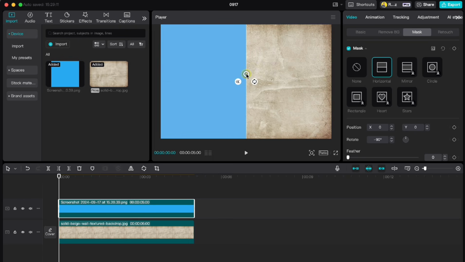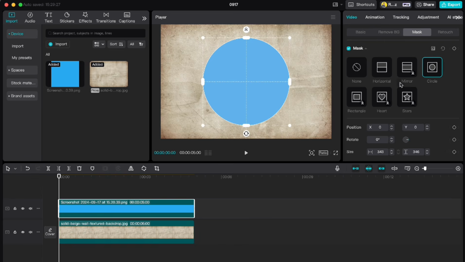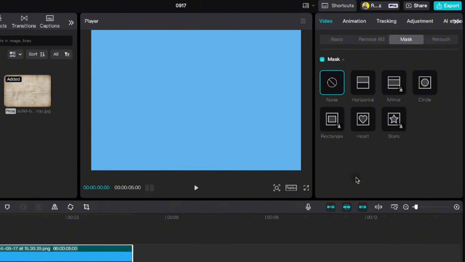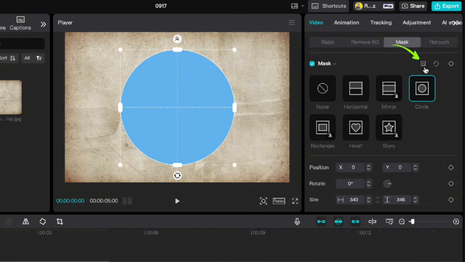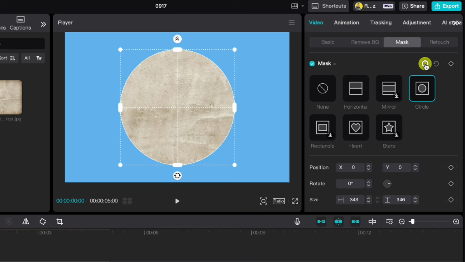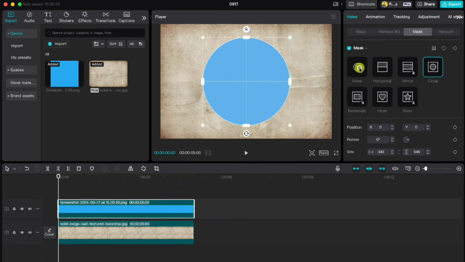We can also blur the edge of the mask so we have a nice blend transition between those two. If you need, you can also choose different shapes like circle, heart, and so on. You can also reverse the mask. For example, if you choose circle and you click on this reverse icon, it will invert the mask and now you have a transparent circle. But let me first show you a mask trick on how you can reveal the text